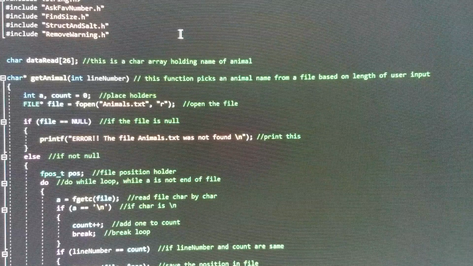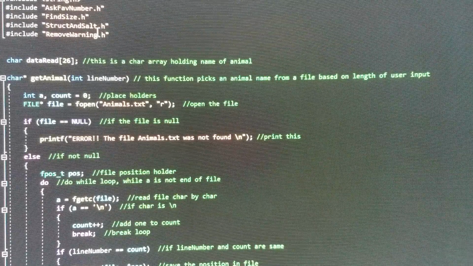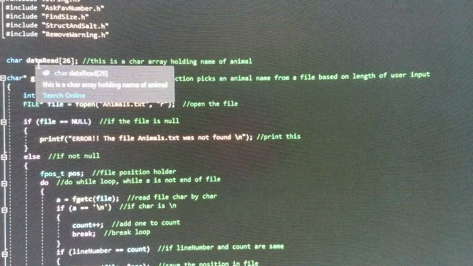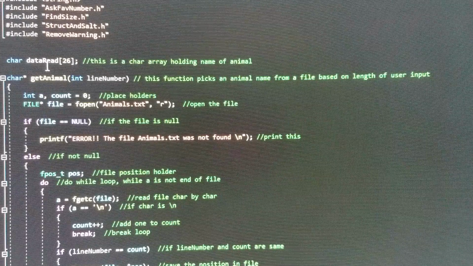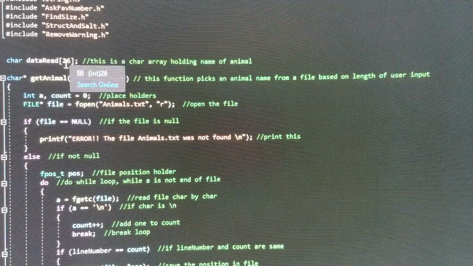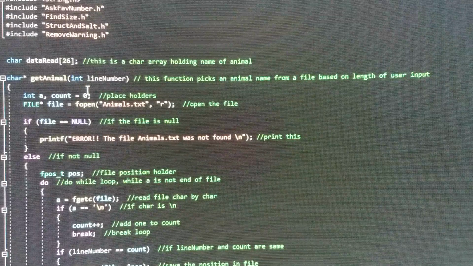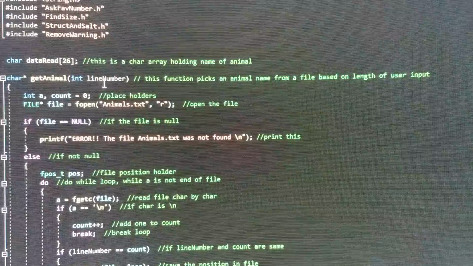This is my app. Up here we have a bunch of include files that we're including. Here we go. It's a character data read 26. This is a character array called data read and it's 26 characters. Down here we have get animal. This is a function which takes an integer called line number,